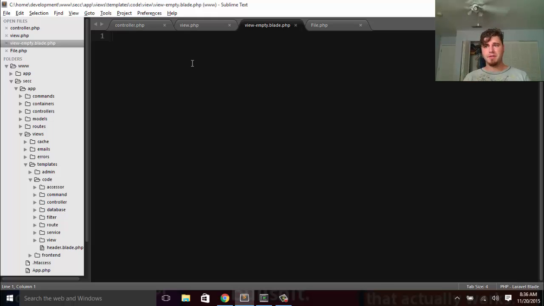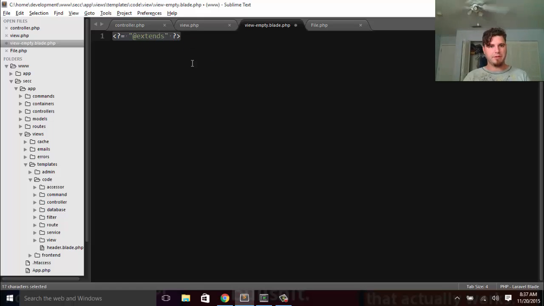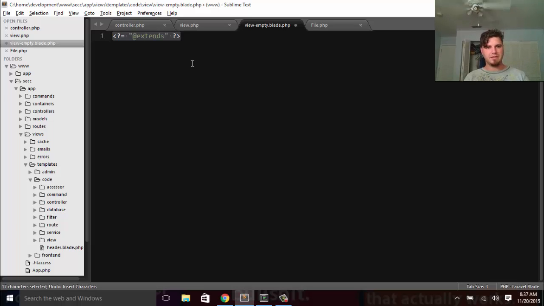And so the way that I'm going to do this is I'm just going to output with regular PHP echoes the Blade syntax of how we're going to extend that template, which right now doesn't exist, but either way it'll put the syntax the way that I need it. So we'll say extends. This is Blade syntax, so if we did @extends, then it would turn red and everything. So basically we want it to extend